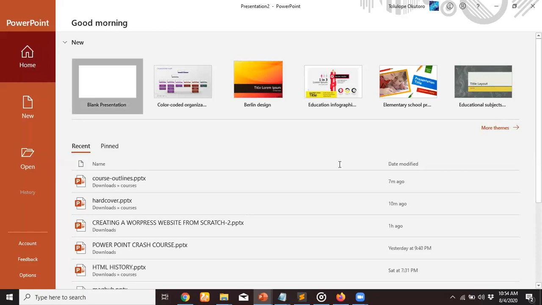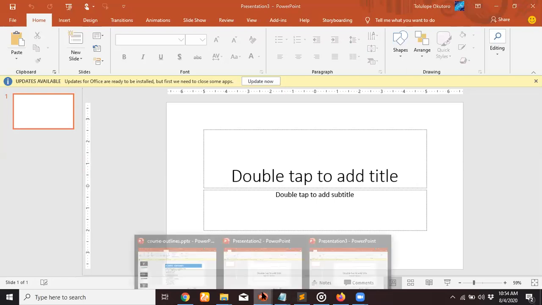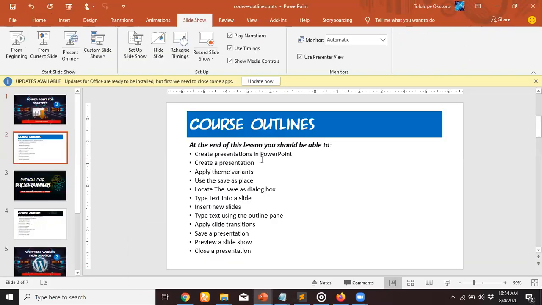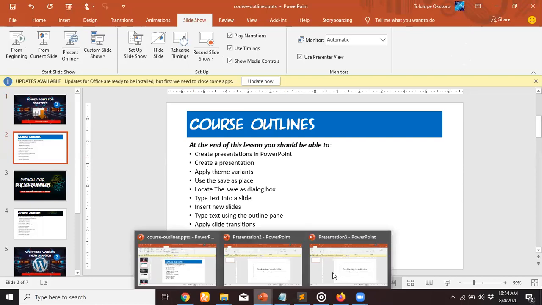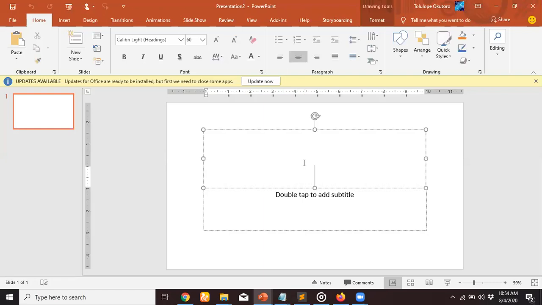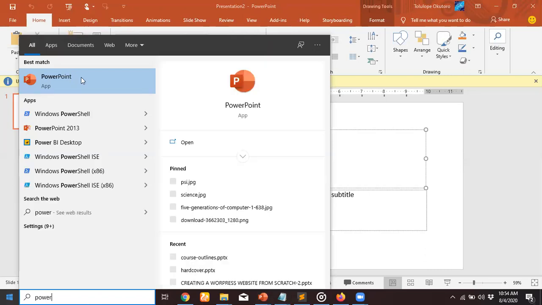Don't forget, we are going to be looking at our objectives as we follow on. Okay, what does our objective say? So our objective says to be able to create a presentation in PowerPoint. Okay, good. To create a presentation, you start with a blank presentation. That is what we just did now. How do you do that? By going to the start menu and typing in PowerPoint and clicking on it